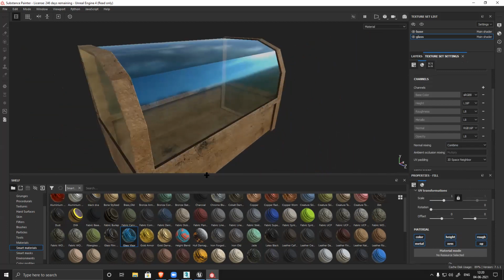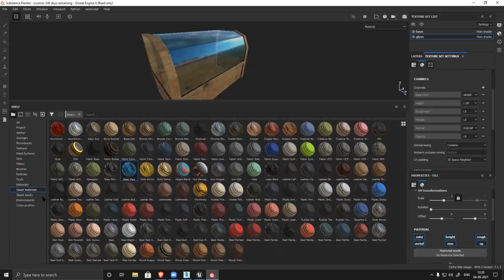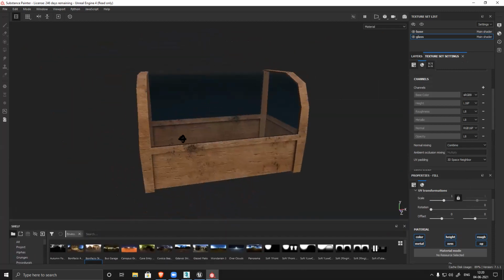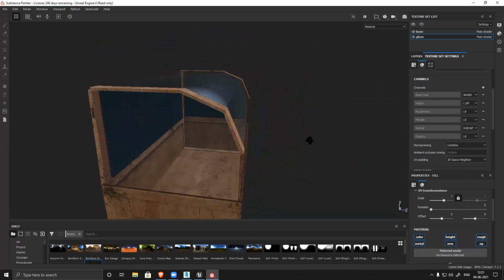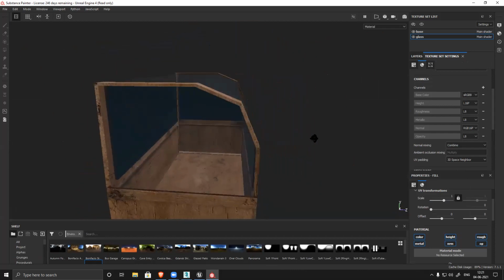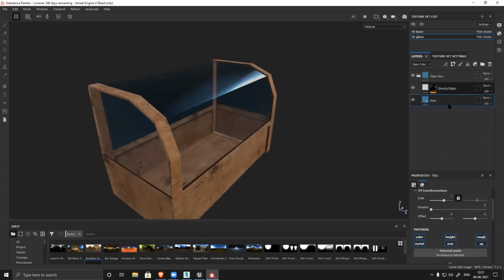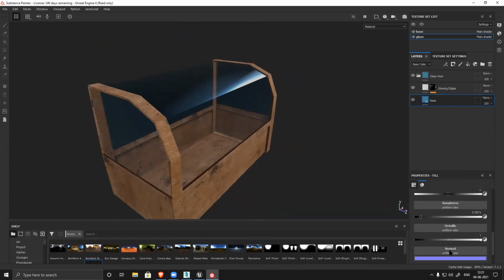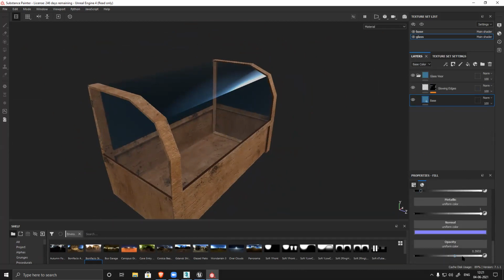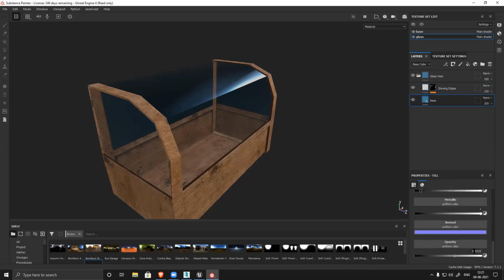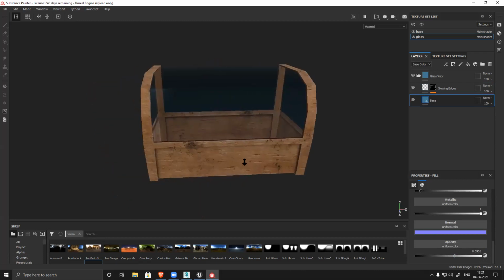Whenever you are texturing in Substance, make sure to apply this Studio Light 3. Always. So now you can see it's transparent. There is no reflection. Reflection is there, but there's nothing else. So let's see the transparency. Transparency is halfway there. It is transparent, not 100% transparent. So that's nice. So this is my base.